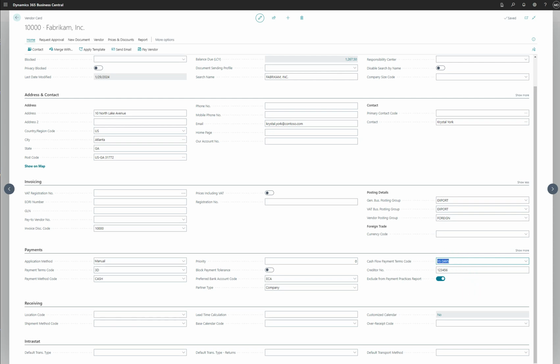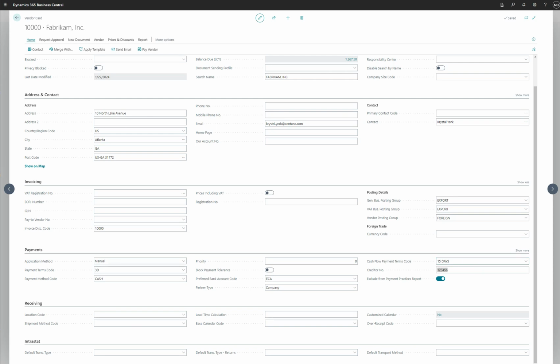The next one comes as a creditor number. So the creditor number can be any number here, whichever is your creditor number. So basically in this area you refer to a unique identifier assigned to a vendor or supplier within the system. So the basic functions of this are unique identification, you can say that, or search and retrieval, or integration, reporting, or customizations. The last option, payment terms, obviously